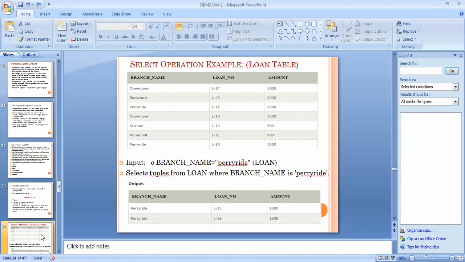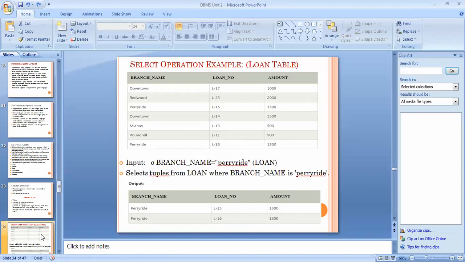After that, we have seen the example of the select operation. Here is the loan table, which includes the branch name, loan number, as well as the amount. If we want to select a specific branch name from the given table, that is loan, how to fire the query?